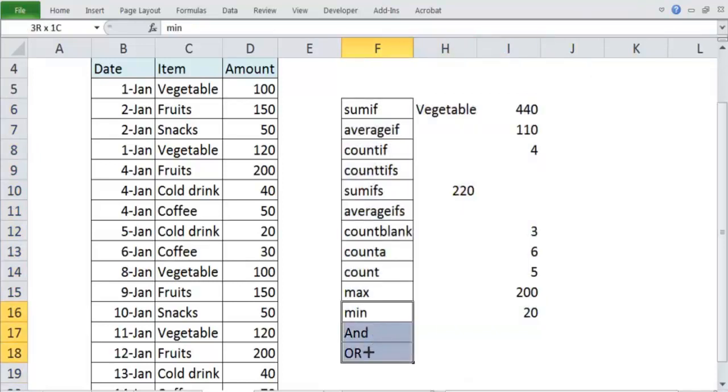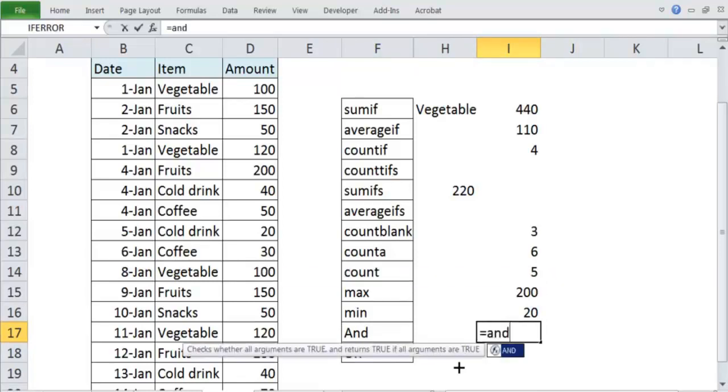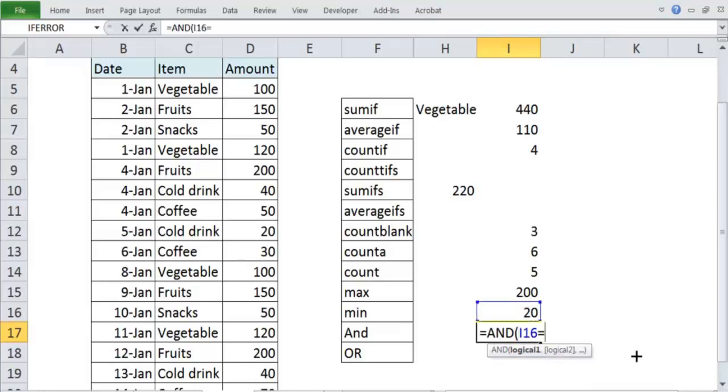Then there is one more item called AND. Please note that AND and OR are logical functions, that is, their outcome will be true or false. As an example, if I say AND, it asks for logical 1, logical 2. Whatever conditions you give over here, the value should come as logical. Let's suppose I say whether this is equal to 20.